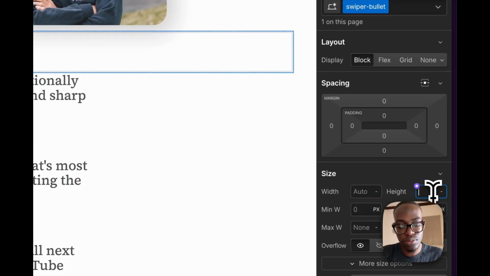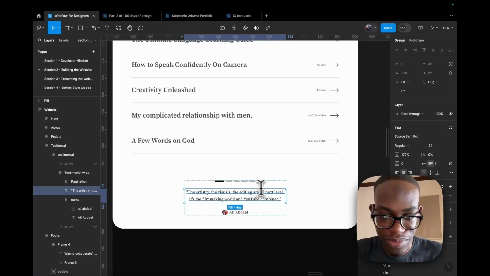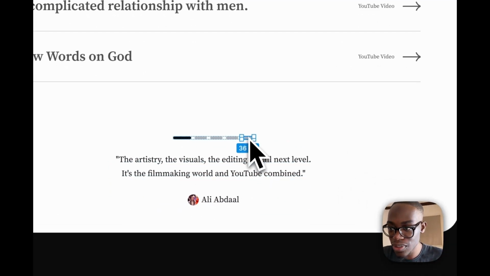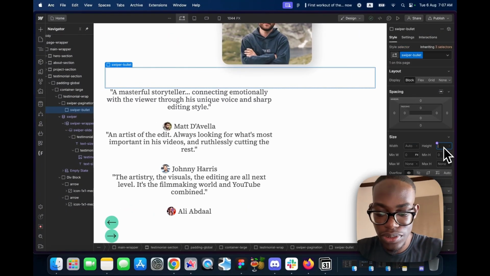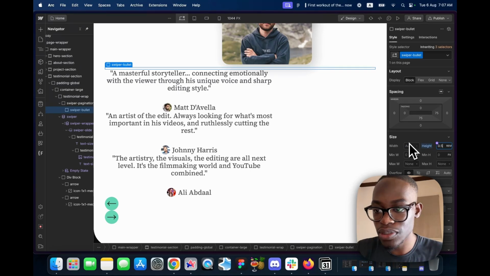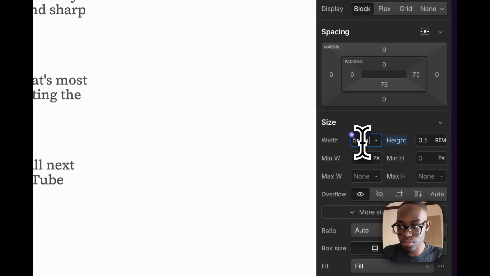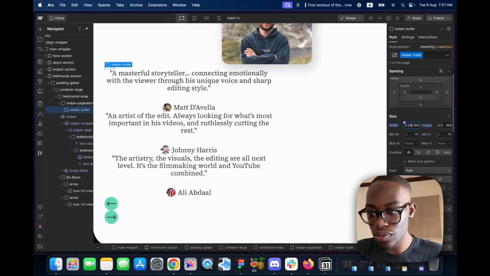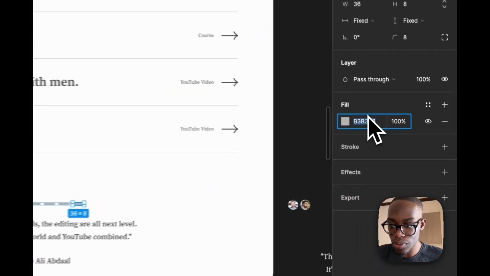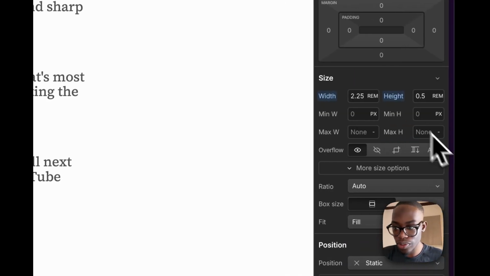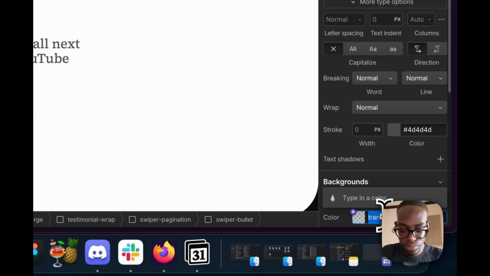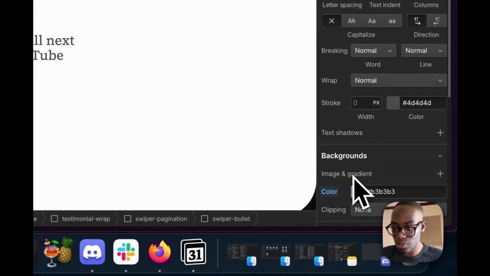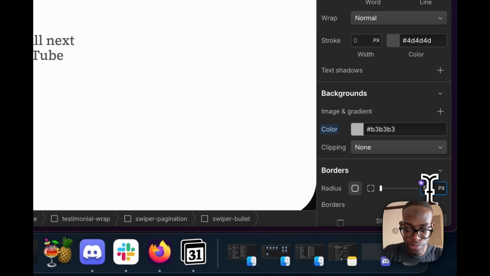I don't know what size I gave it in the Figma file. So this is 8 pixels height, 36 width. So come over here, give it 8 pixels height and 36 width. Then give it a color of what? Background color. Yep, that's it. And now you can give it a border radius of 50 pixels. And yep, so now that's the